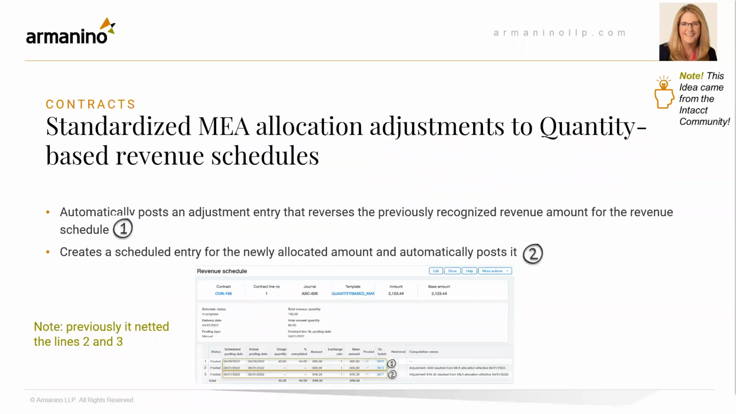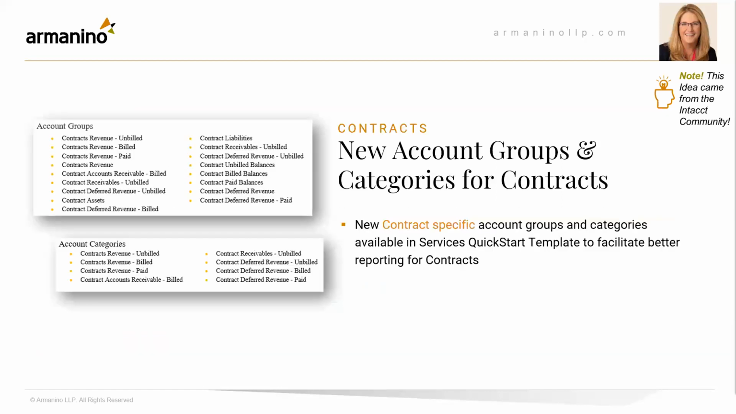They've standardized the MEA allocation adjustments to quantity-based revenue schedules. What this does is automatically post an adjustment entry that reverses the previously recognized revenue amount for the revenue schedule, and it creates a scheduled entry for the newly allocated amount and automatically posts it. Note that the benefit here, why this is exciting, is previously it would just collapse it all together and net it, and you couldn't see the detail. So this is exciting for people who've got contracts. And same as